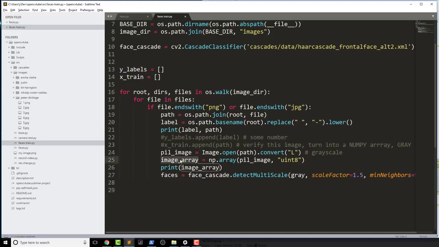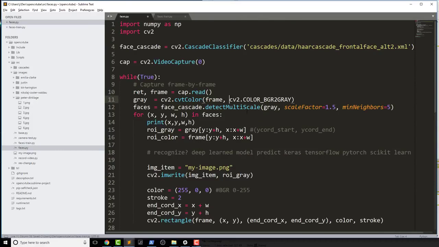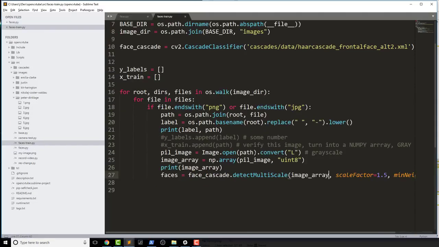But now what we do is just this image array. When we capture it in CV2, OpenCV already has it in a way that the face cascade could use it, right? So when we open it up in CV2, I believe it's already a NumPy array, which we could test out by printing out the frame. But what we have here now is we are taking it to gray, putting it into a NumPy array, and then finally doing that same face detection inside of the actual image,